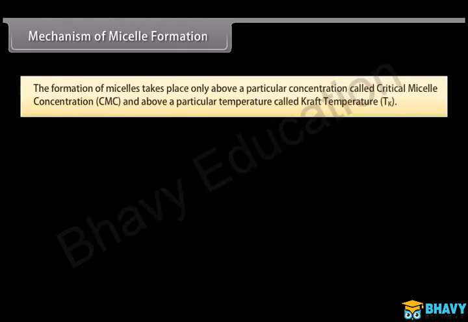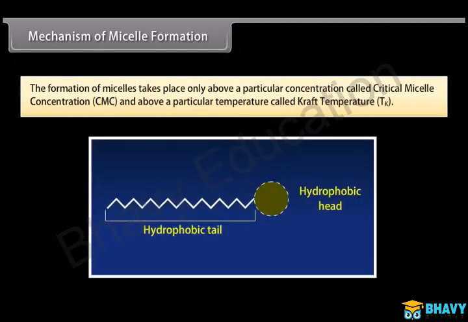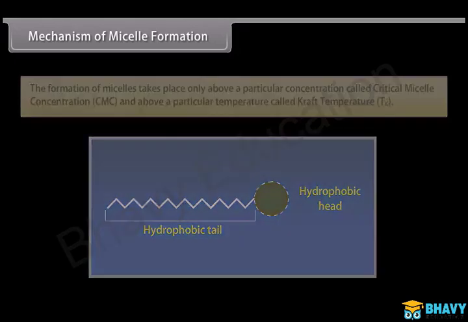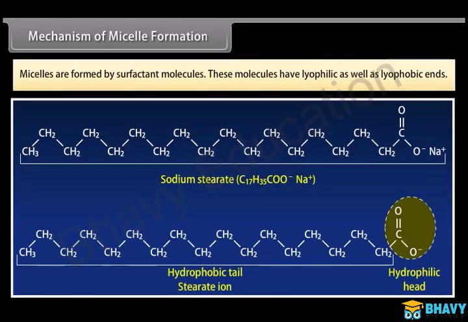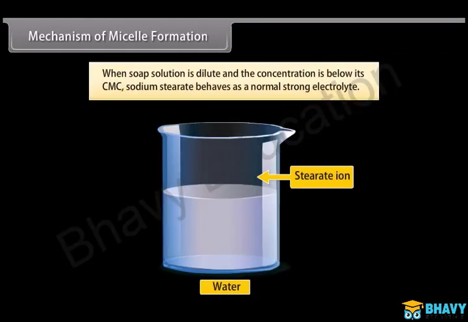Mechanism of micelle formation. The formation of micelles takes place only above a particular concentration, called the critical micelle concentration, and above a particular temperature called the Kraft temperature. Micelles are formed by surfactant molecules. These molecules have lyophilic as well as lyophobic ends. For example, sodium stearate. When the soap solution is dilute and the concentration is below its CMC, sodium stearate behaves as